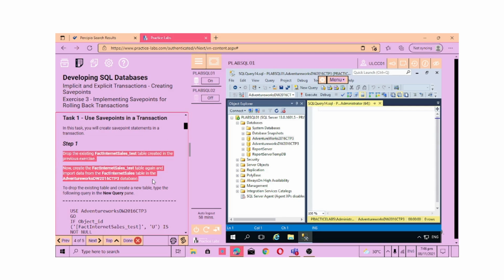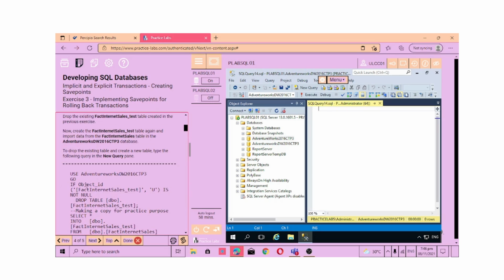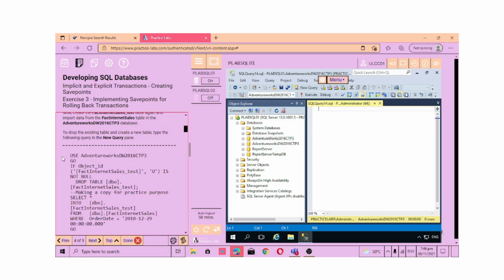Drop the Fact Internet Sales Test table created in the previous exercise. Now create the Fact Internet Sales Test table again and import data from the Fact Internet Sales table in the AdventureWorksDW2016CTP3 database. To drop the existing table and create a new table, type the following query,